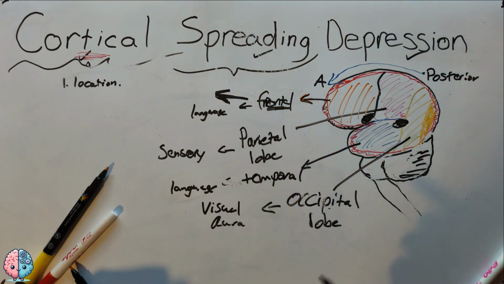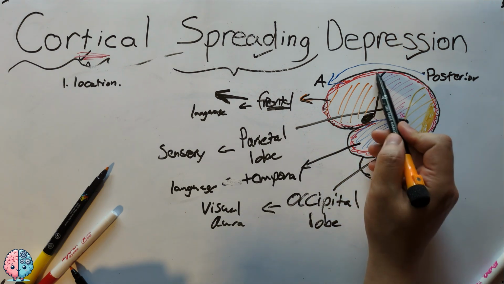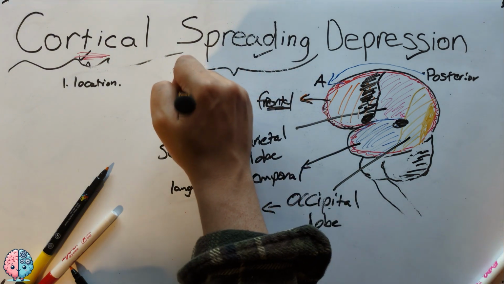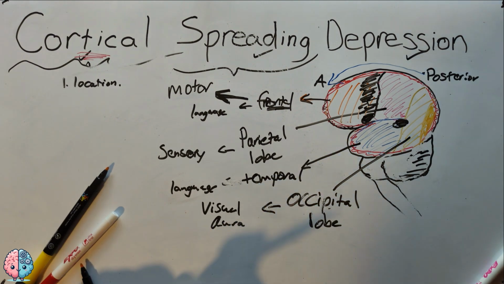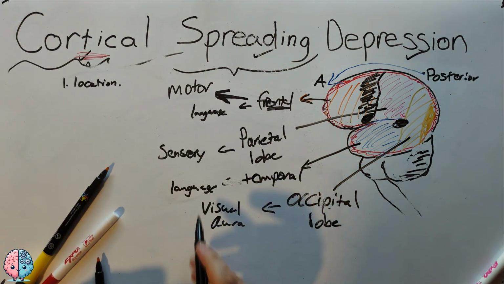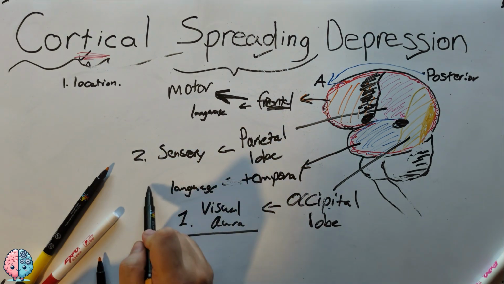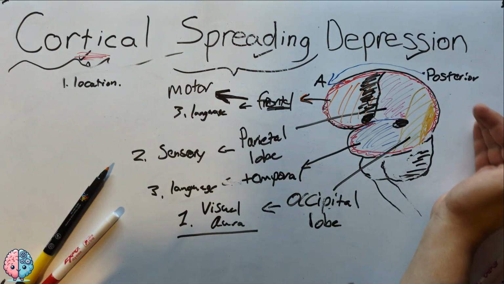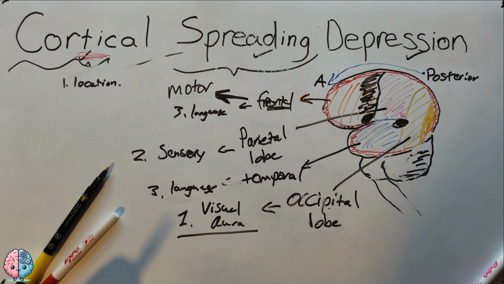But also, with hemiplegic migraine, we have a non-typical aura. So when it goes to the frontal lobe and the primary motor cortex, we have motor aura. Okay, this is non-typical. The rest are typical aura symptoms. So we start with visual aura, then sensory, usually, and then language third. So again, as CSD, cortical spreading depression, progresses from posterior to anterior, there are an array of symptoms that can